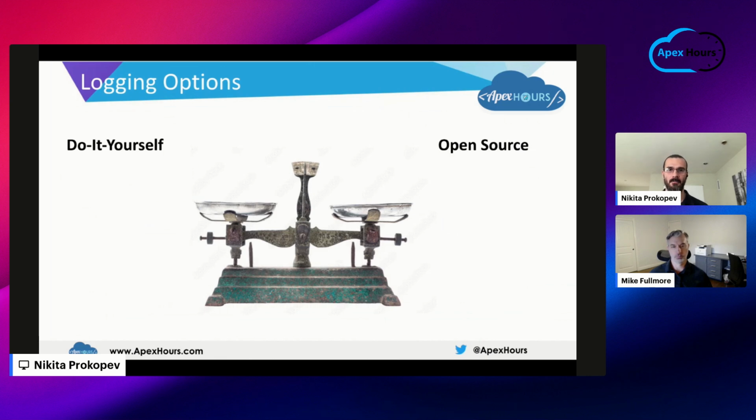that we all come across when we think about logging. I mean, how are we going to implement it? What options do we have on the platform? And again, we won't spend too much time on this. There are other webinars dedicated to the topic, and plenty of resources. But just to name these things, we've got a DIY approach, which is what we build, and then we've got some open source stuff. So I'd like to talk about the DIY first,